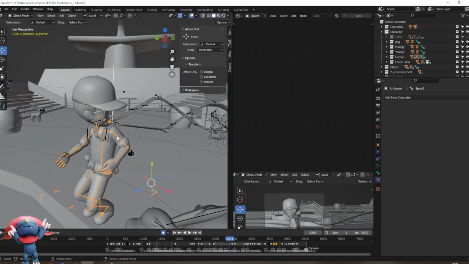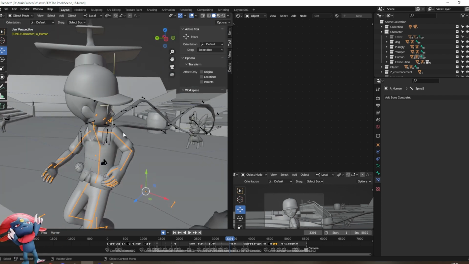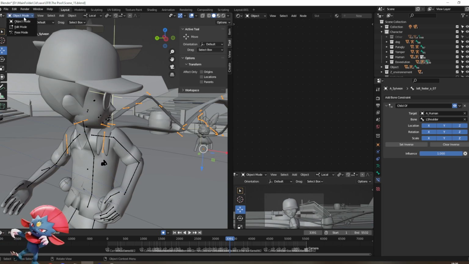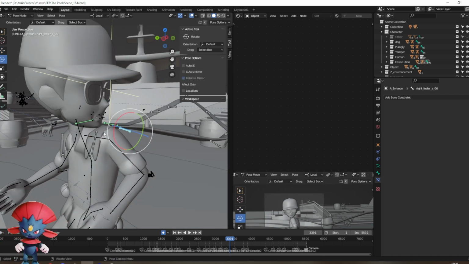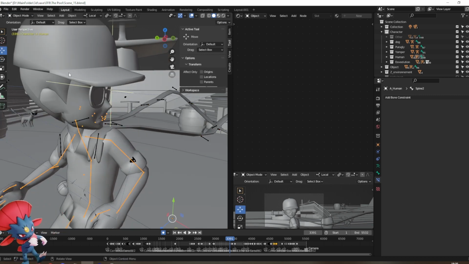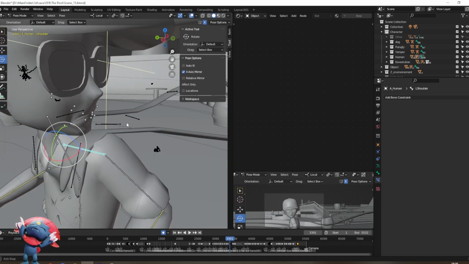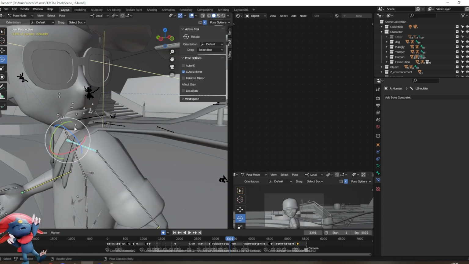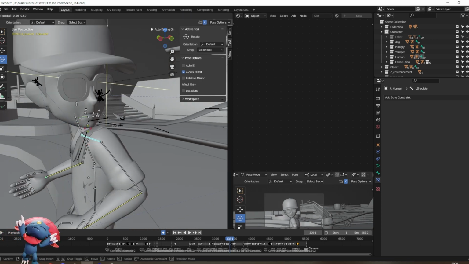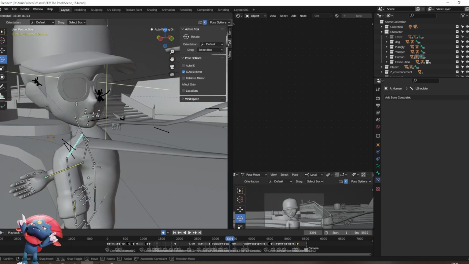But it's kind of annoying to animate, because each time I move the shoulder a lot, or the spine, the body, I usually need to animate and move the ribbon to match the character correctly.